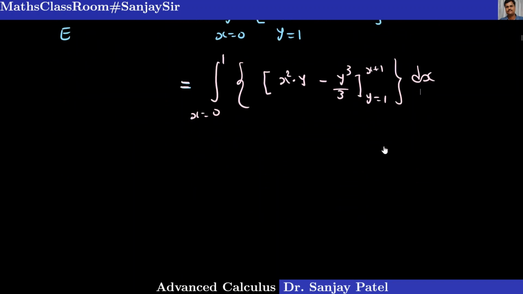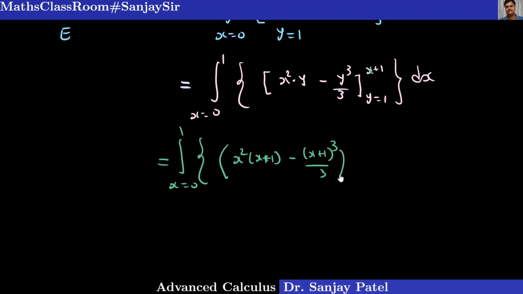Let us simplify this. So you will get this is equal to 0 to 1, then putting y equal to x plus 1 everywhere, what you will get is x square into x plus 1, minus (x plus 1) cube upon 3. We are putting the upper limit, then minus sign by the rule, and then put the lower limit of integration